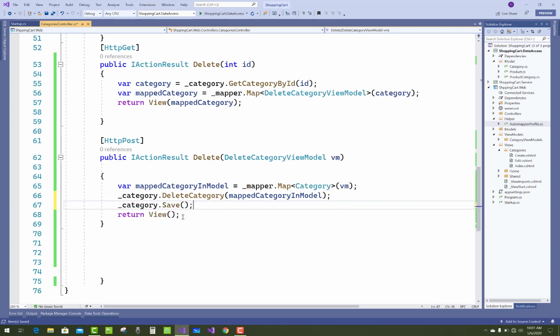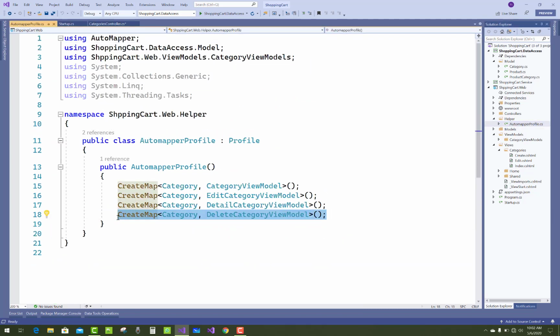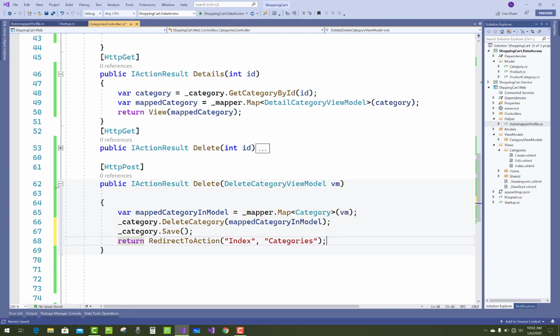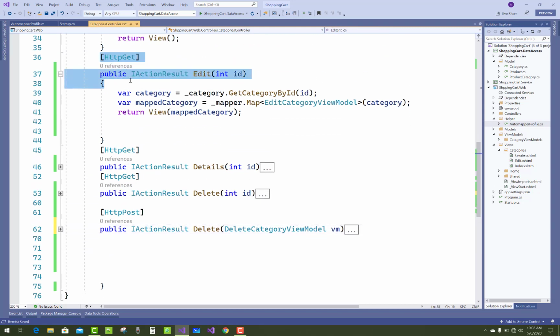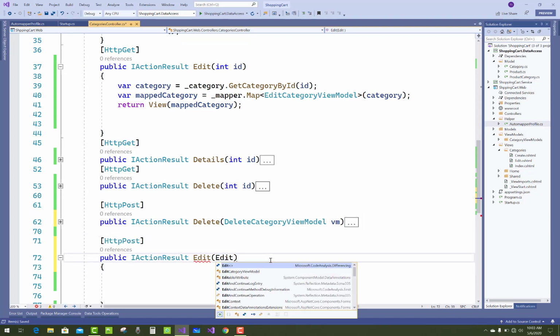Category dot save, that is delete, redirect to action, that is index, and the controller name is categories. And in the automapper profile is create map. There is actually no need to add another, so just add the dot reverse map method. So category to delete category and delete category to category is also possible by using the reverse map feature. So the delete post method is clear, and after that you can add the new thing in the edit section,